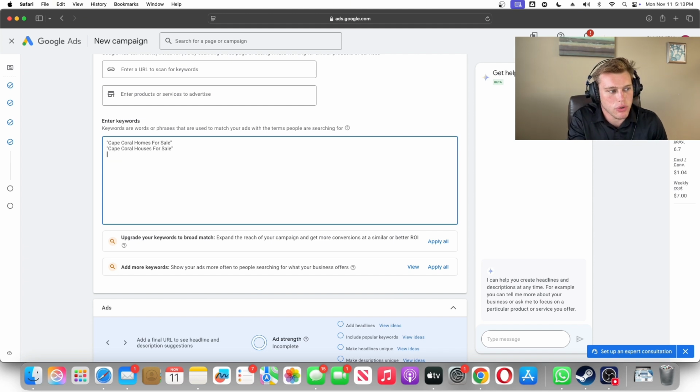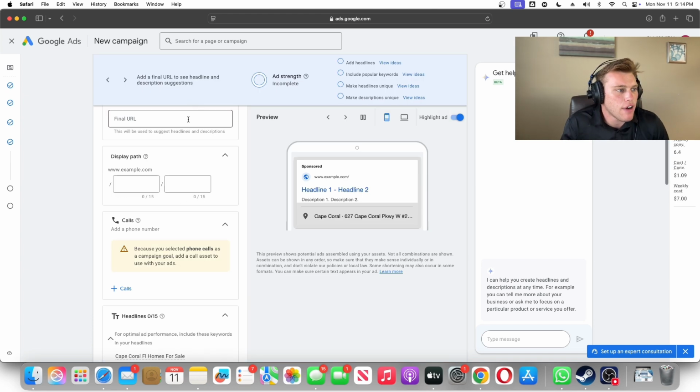Also, again, since we're doing all of the United States, I do probably want to target Cape Coral, Florida homes for sale, Cape Coral FL homes, and then do it again for houses, homes,